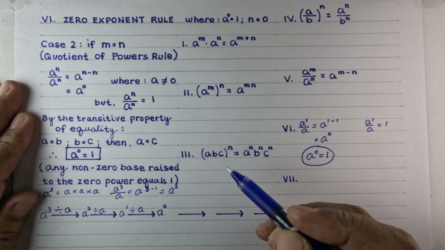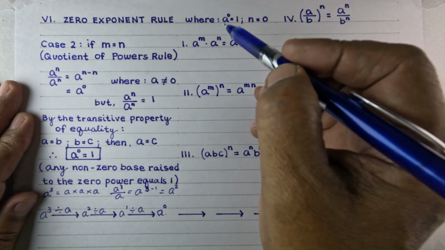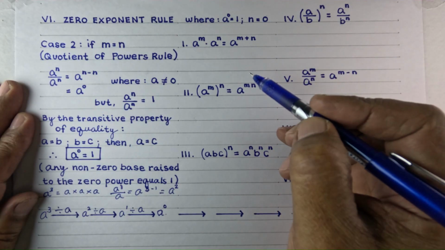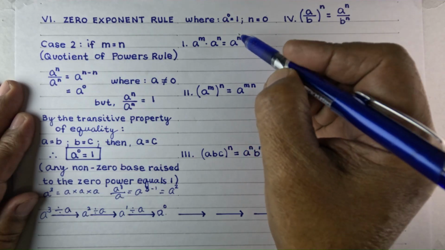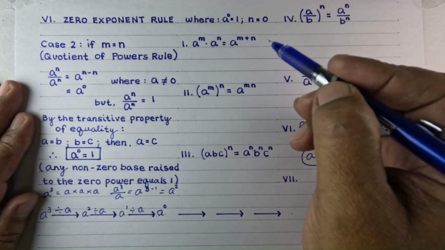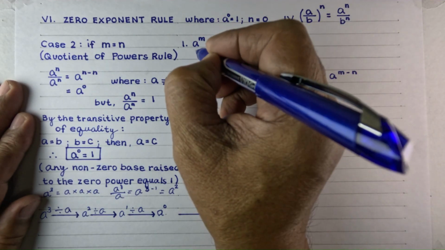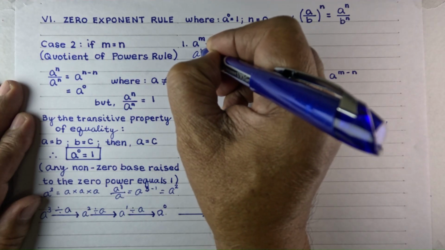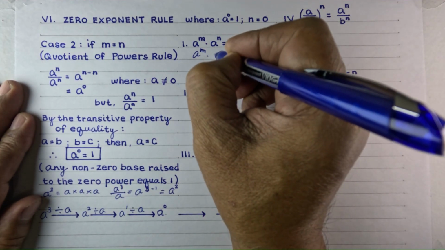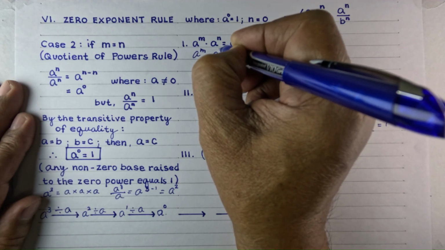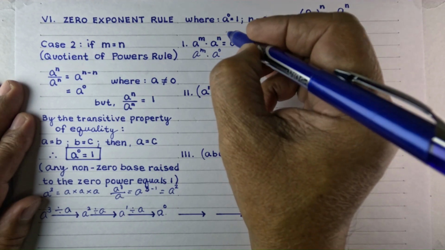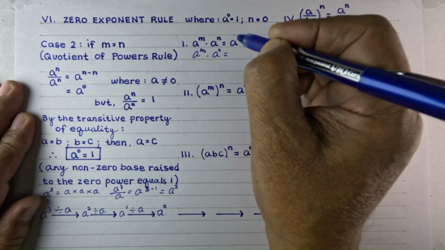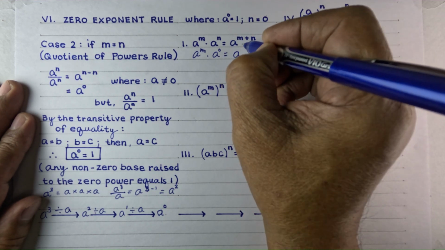So they tested it first with the first law, which is the product of powers rule. That's a to the m times a to the n equals a to the power m plus n. So this becomes a to the m times a to the 0 power, because they set n equals 0. And that's equal to a to the m